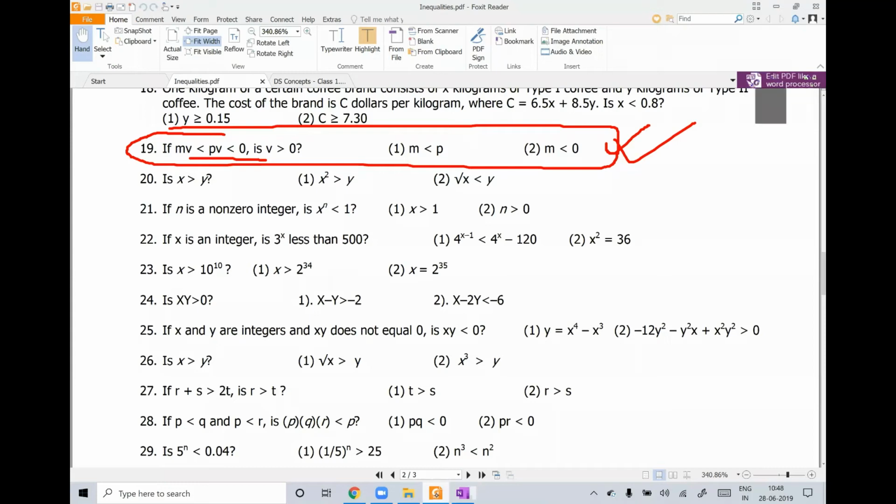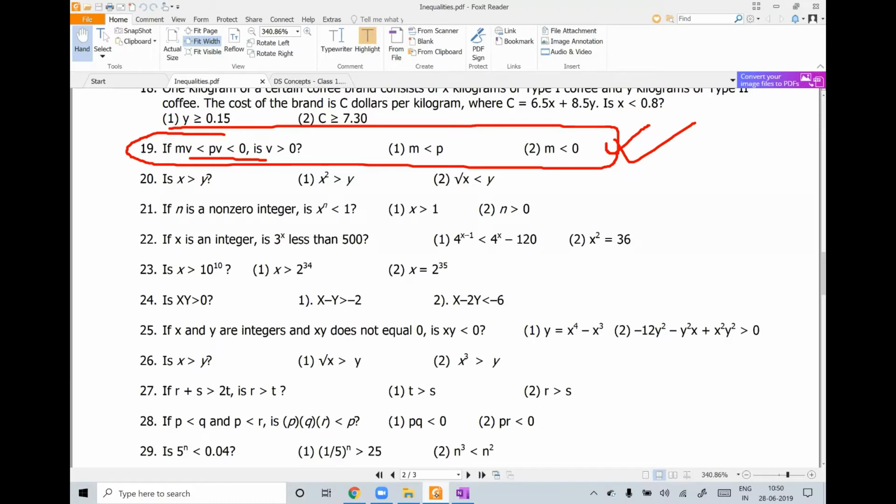On the same note, try solving 19th. But see, in 19th, you exactly can't do something that we have done now in previous two questions. But this information will be used while you are solving this statement for sure in question number 19. But how do you use it? That depends. So please take 2 minutes of time and try doing it by yourself. Please take your time. So what are you doing in this question?